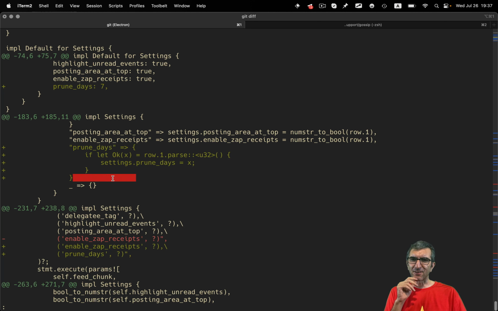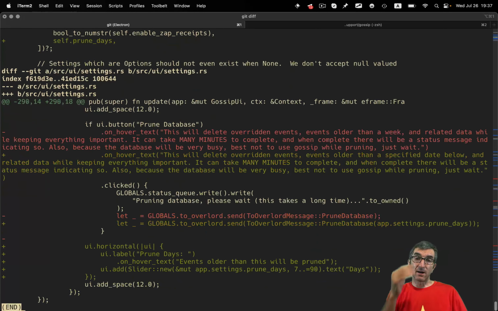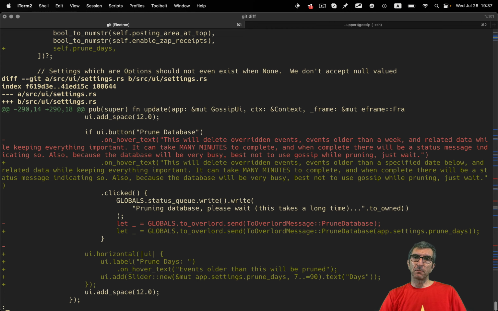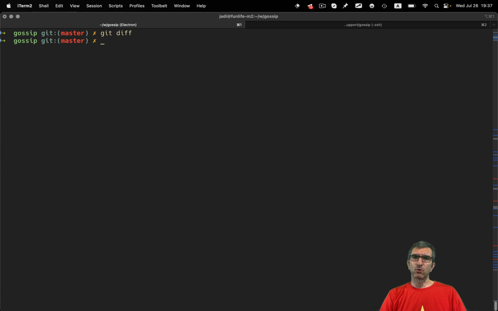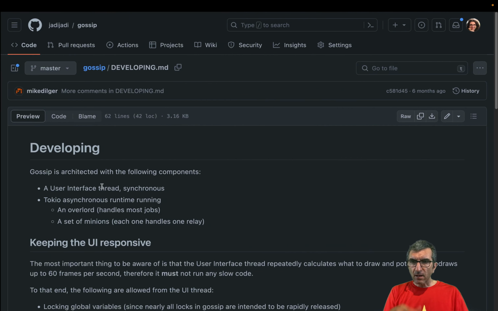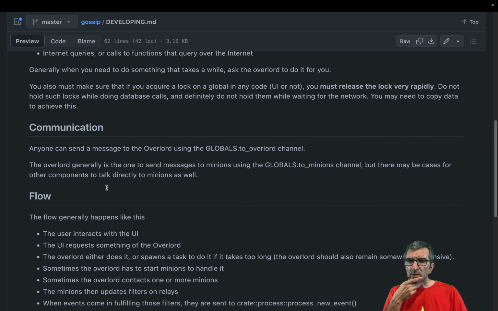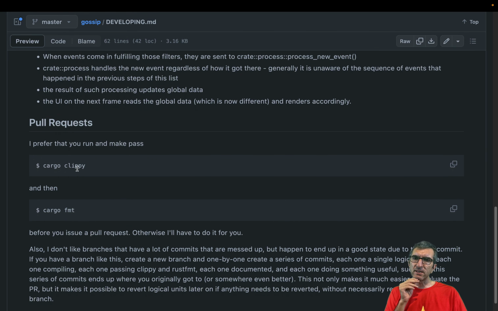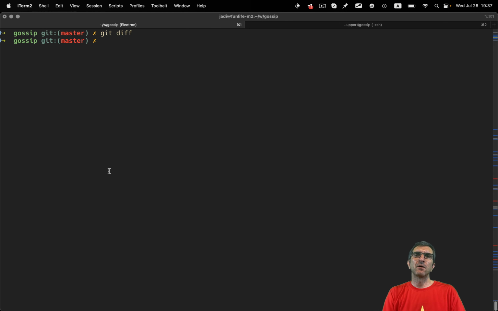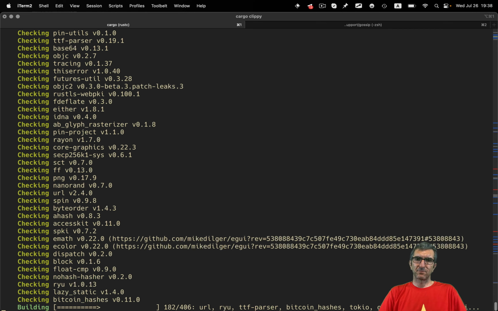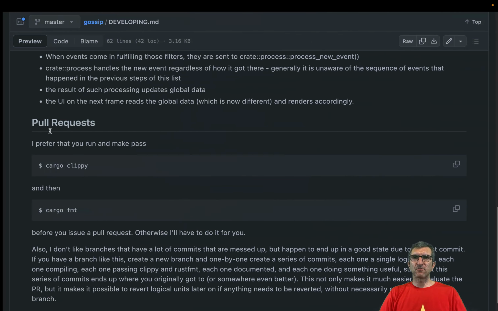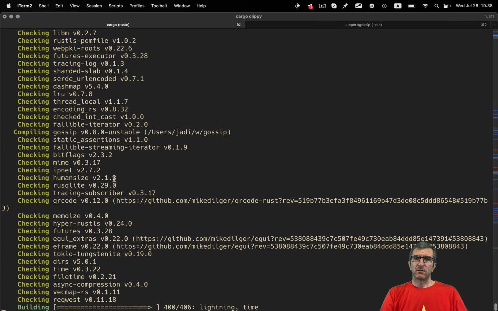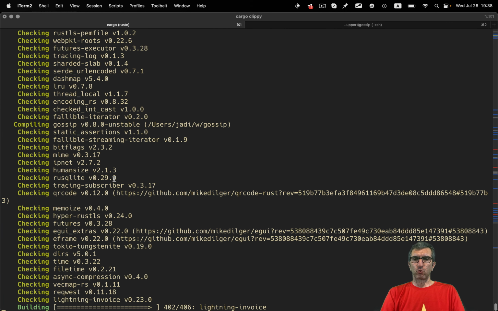Here I'm adding a lot of spaces. Although in Rust projects, it's very common to have these checked automatically. I think even I read here that the pull request flow says please run cargo clippy and cargo format. Clippy will check for some very common mistakes, so hopefully we won't have any common mistake. And cargo format will format the source code.